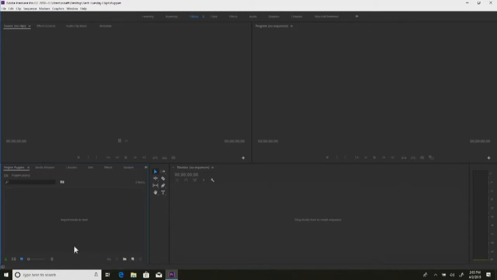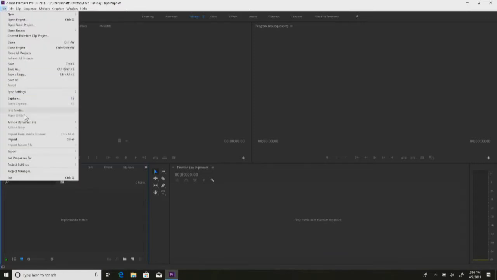There you go. So to start off on this bottom left-hand side, if you are on the editing tab, where it says import media to start, that is going to be your bin. Okay, Premiere calls this a project bin. This is where all of your raw media is going to be, whether that's pictures, video, audio, and we're going to import into here. So if you either right-click or go to File, Import, we're going to go to File, Import,